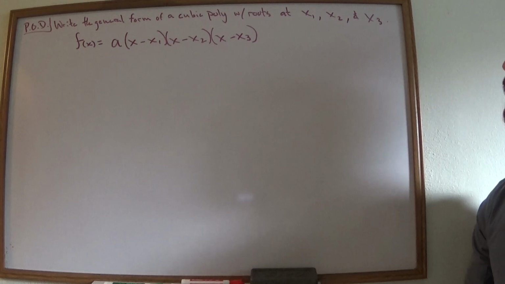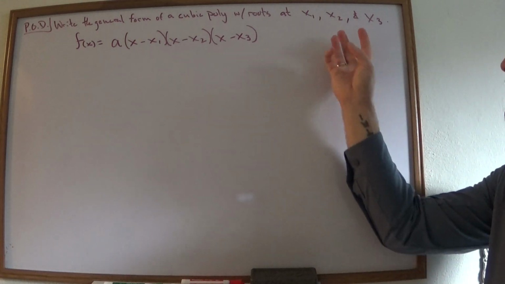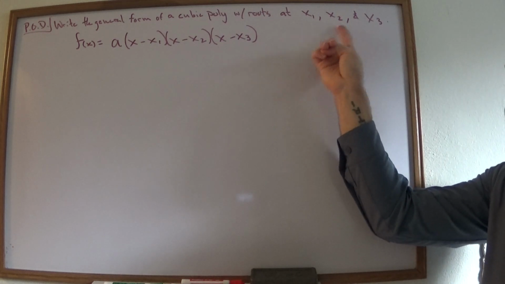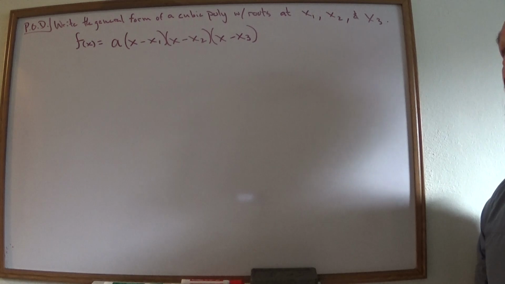It's up to you what you want to do. You can do it any way you want. But in number 61, it says roots at x1, x2, and x3. They're not given. If, however, they were given, then life's a little bit different. And so, what I want to do,